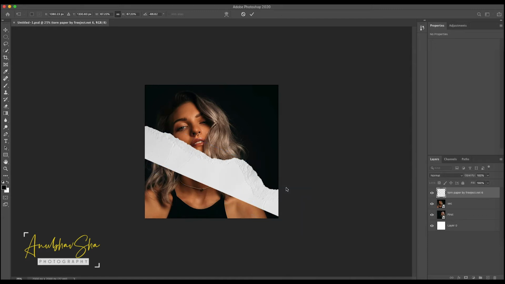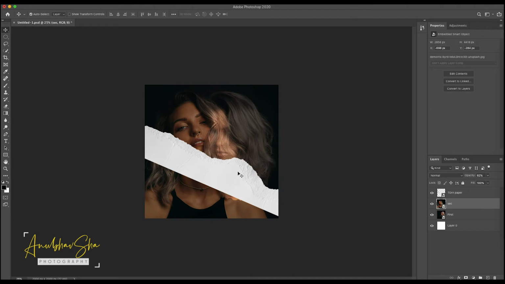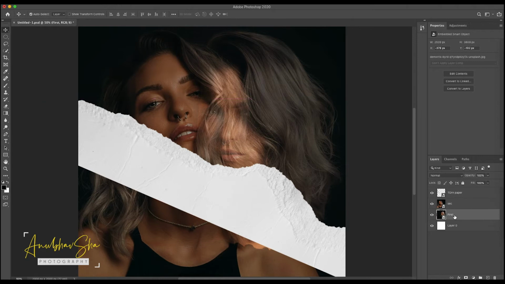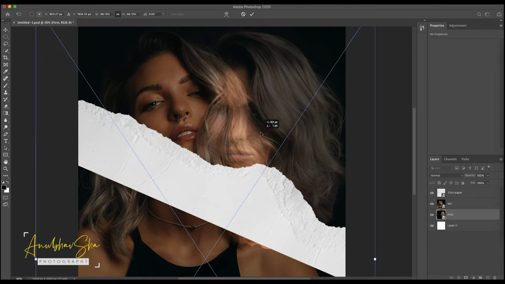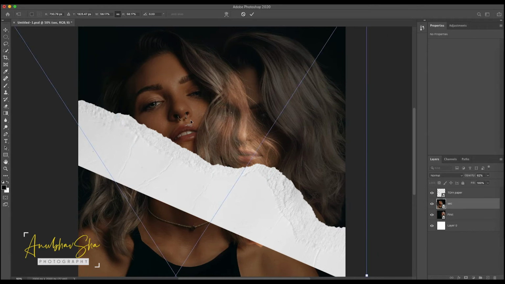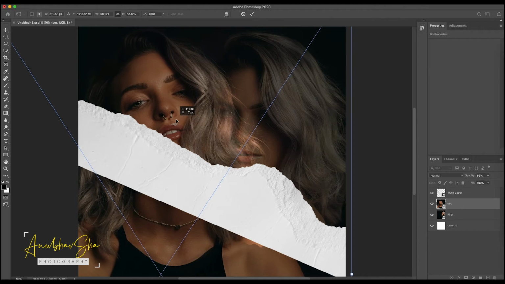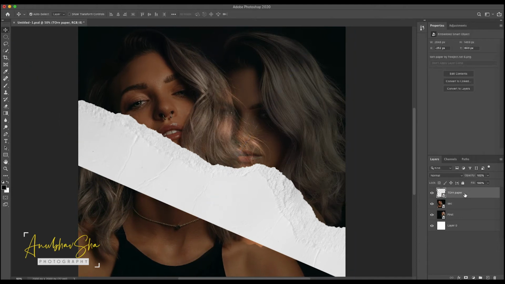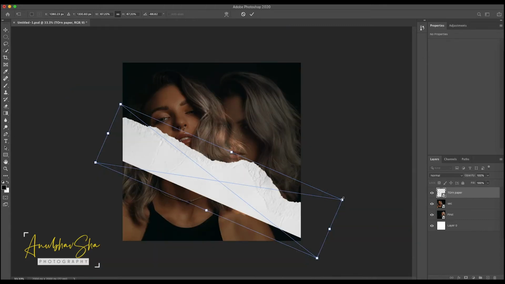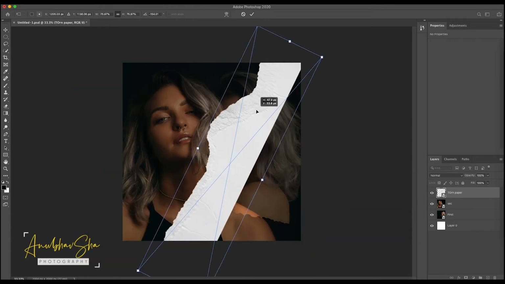Now just press enter and we'll call it tone paper. Just select second image and decrease its opacity so that we'll be able to see both the images. I'm doing Command plus to zoom it. I'm selecting first image and doing Control T and just adjusting it a little bit more. And the second image, Control T and dragging towards left. Once it is done, I'm just selecting tone paper image, Control T and rotating it by coming to these particular corners and adjusting it as per our requirement.